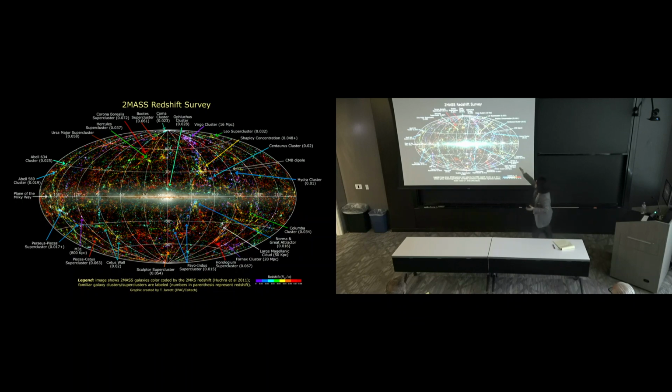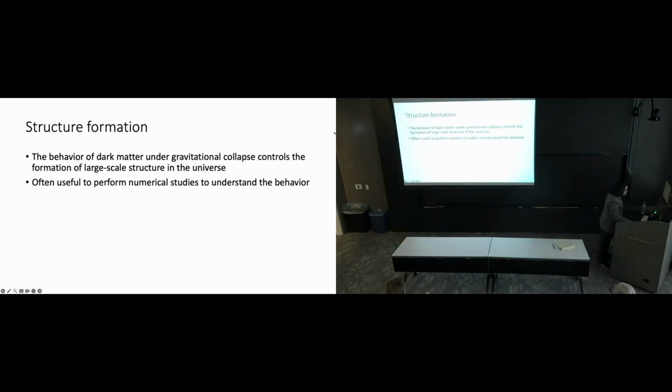And they can find that there is some sort of structure here. You see sort of linear features of clusters of galaxies when you look on large enough scales, and there are a bunch of named features, clusters, superclusters, labeled in this image. So this is the sort of thing that we want to explain. And in general, this is the theory of structure formation.